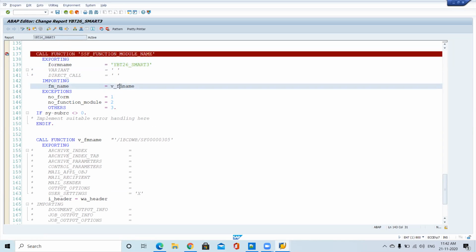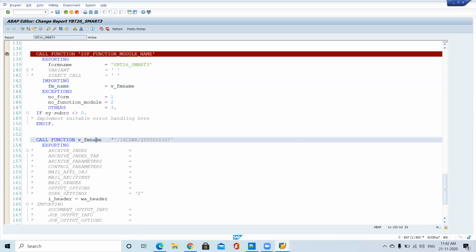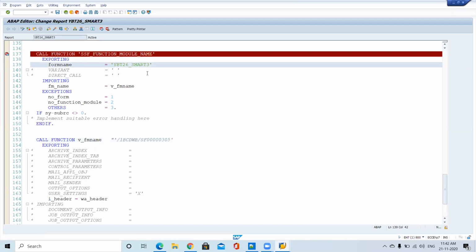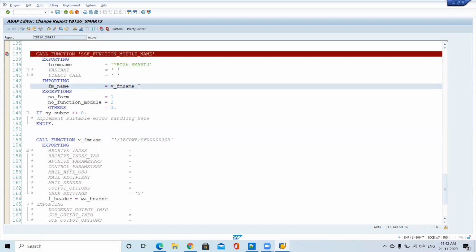It will check whether we are in development, quality or pre-production. Understood. It is a dynamic value, not a fixed value. Our smart form name is fixed, but this one will come dynamically.